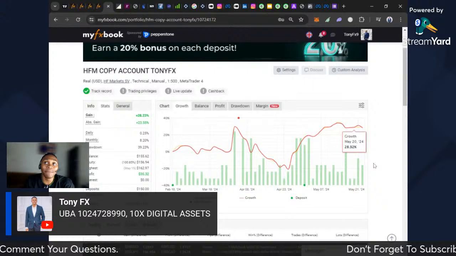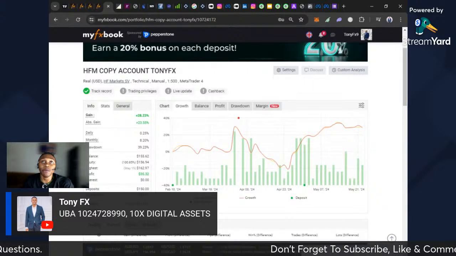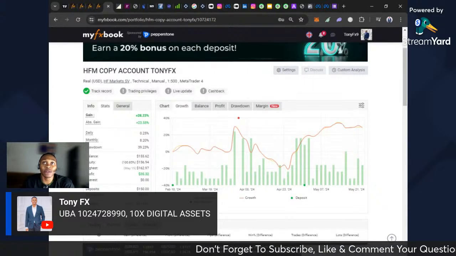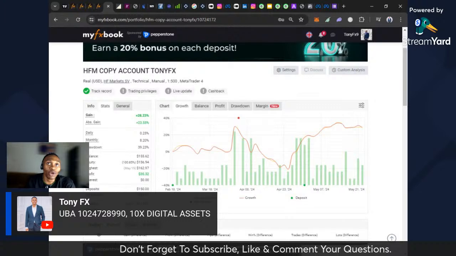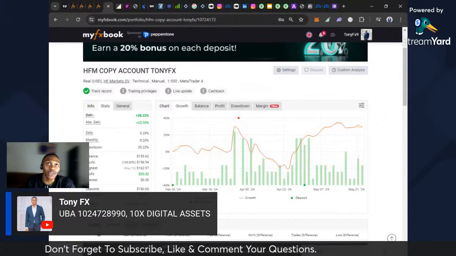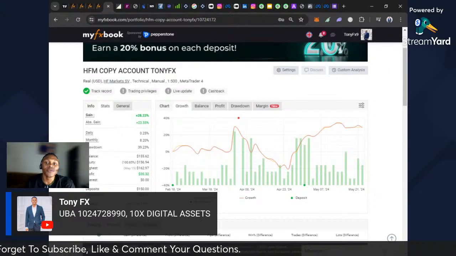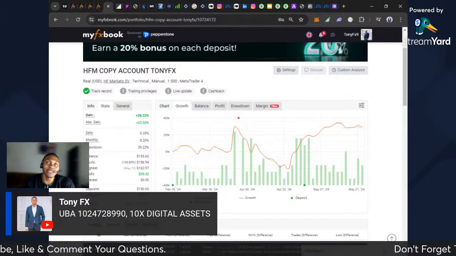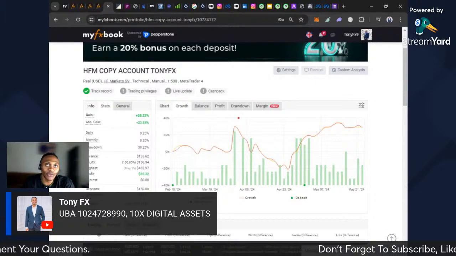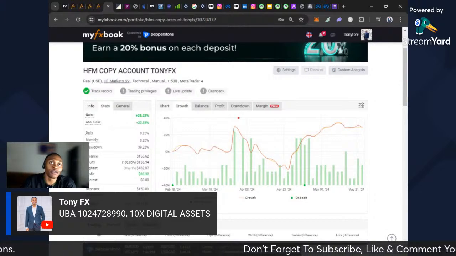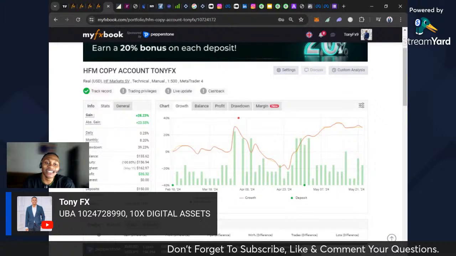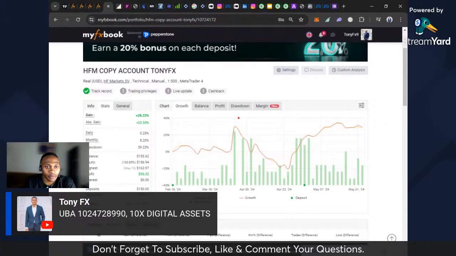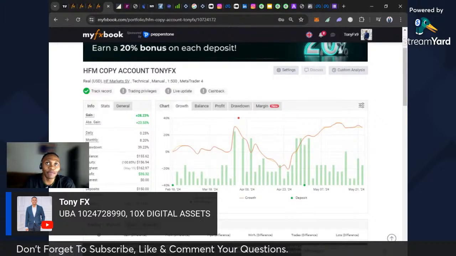If I'm placing trades, okay, you'll be making profits if I'm in profit. If I'm in loss, you'll be in loss. At the end of the month, or at the end of the week, whenever you make withdrawal of your profits, the broker HFM is going to send me a share, 45% of the profit, and send the remaining 55% of the profit to your account. That is the only amount you have to pay, the profit we made.